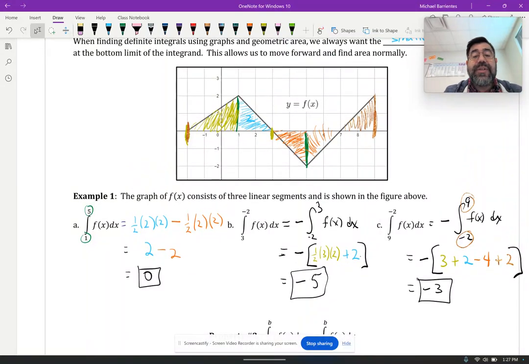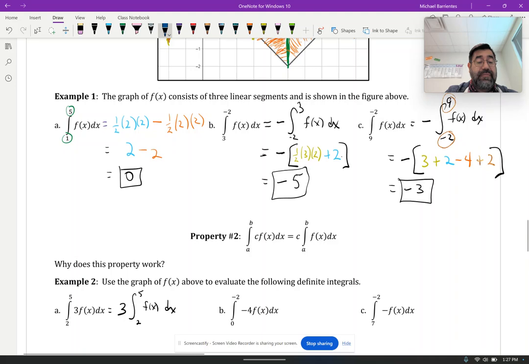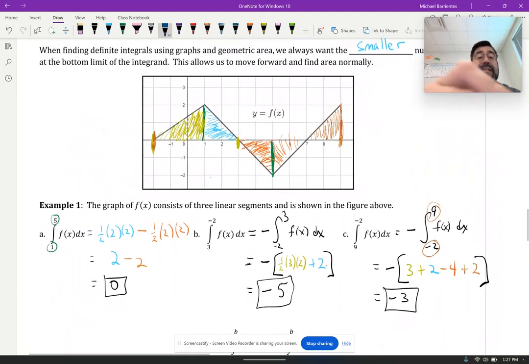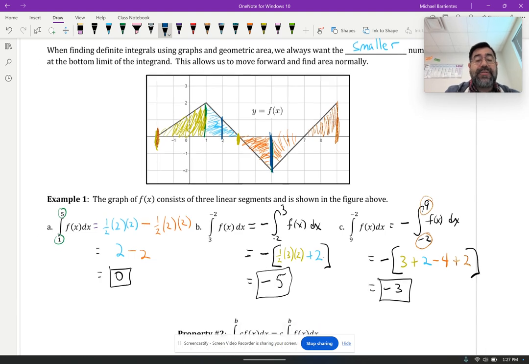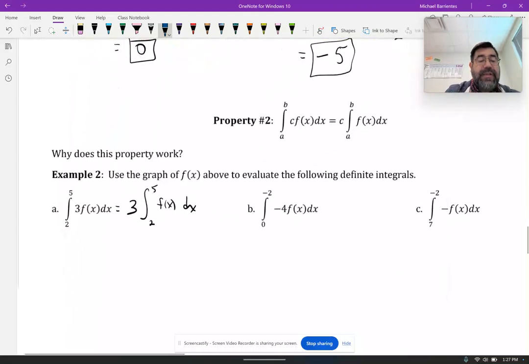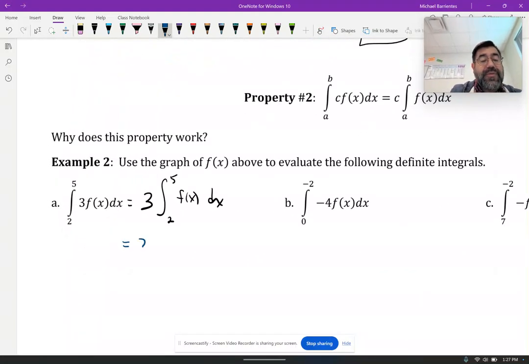Well, the area between 2 and 5, we had already found. Oh, no, we hadn't found. Okay, well then we need to find it from 2 to 5. Well, I know this one is negative 2. I don't know what this one is, but it looks like a little triangle, 1/2 times 1 times 1. So that's positive 1/2. So I'm going to say that this equals 3